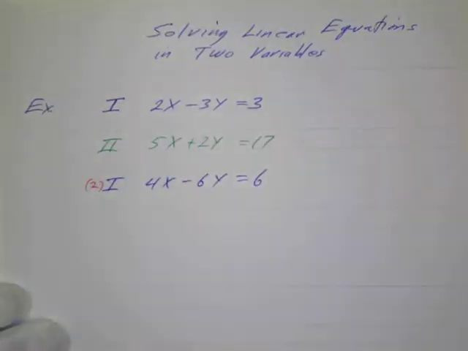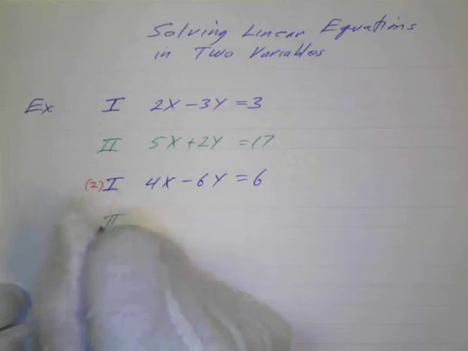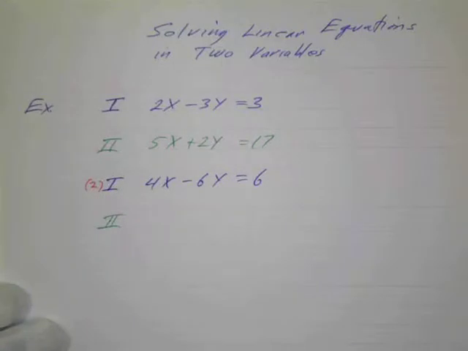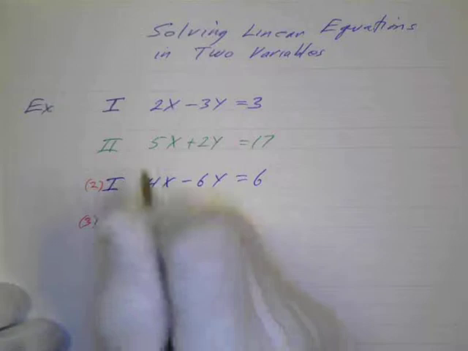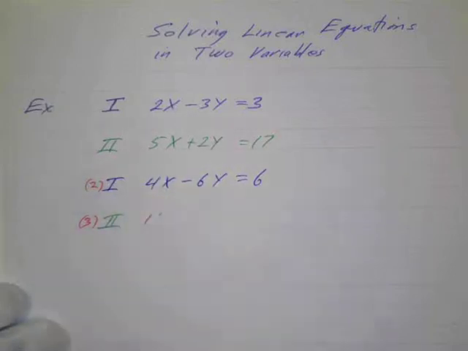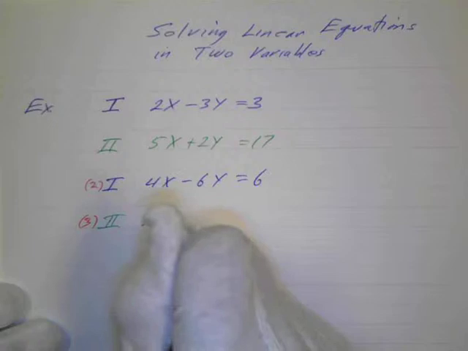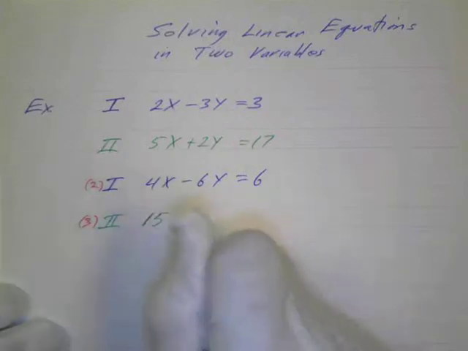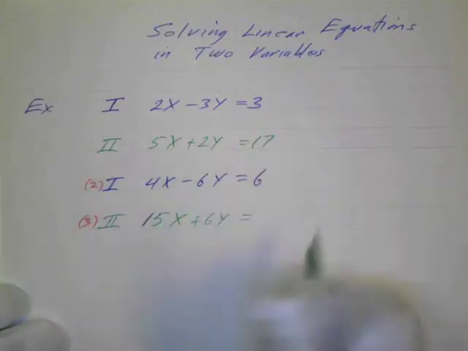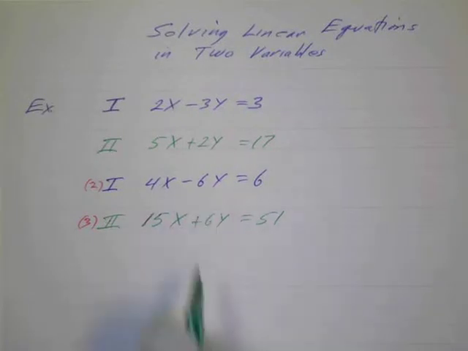And I'll take equation number 2, and I'm going to multiply everything by 3. So 3 times 5 is 15x plus 6y, and 3 times 17 is 51. Okay? And now when I add these,